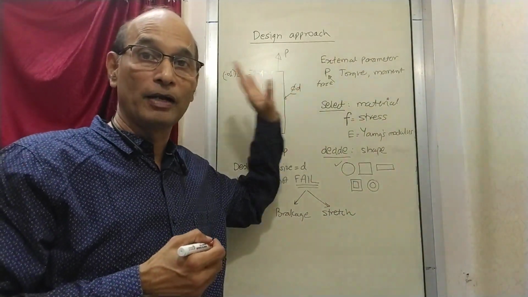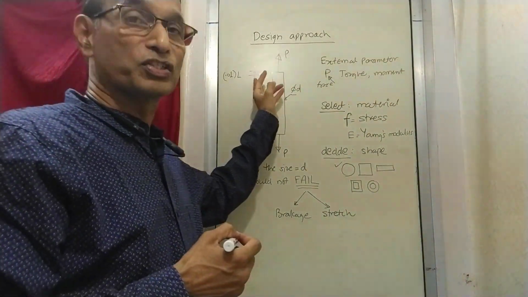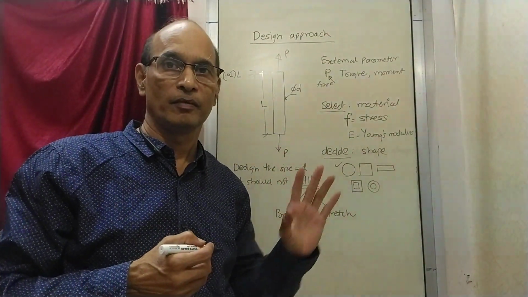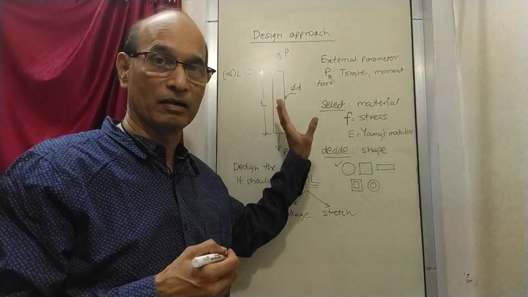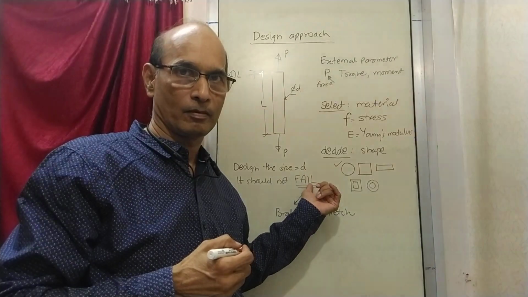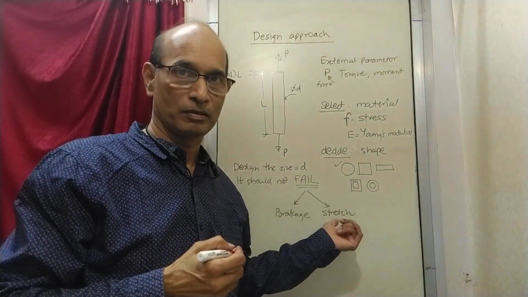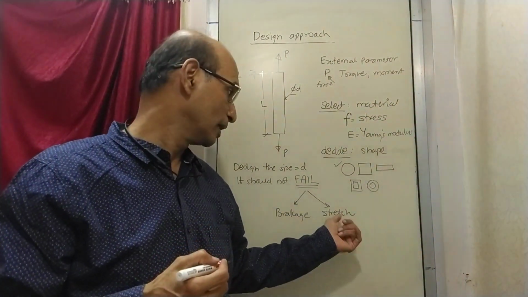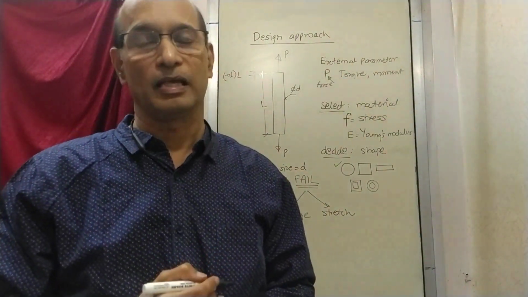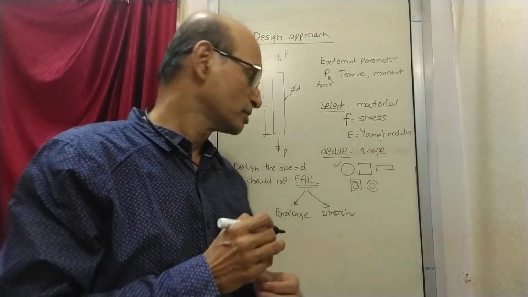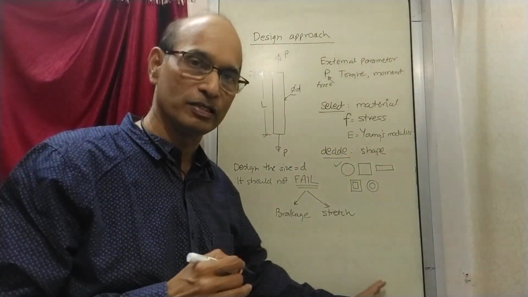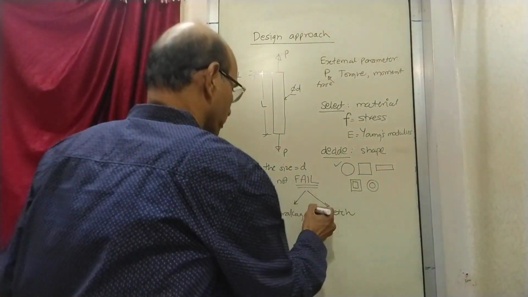I don't want the part to get stretched beyond 1%. If it is within 1%, it is okay. If it is beyond that, then although the rod is still there and still taking load, I am going to call it a failure. Because the criteria here is stretch. Change in length is the criteria, and I am permitting only 1% as change in length. Just an example. So stretch is the criteria of failure, and accordingly the design is done. Now this type of design